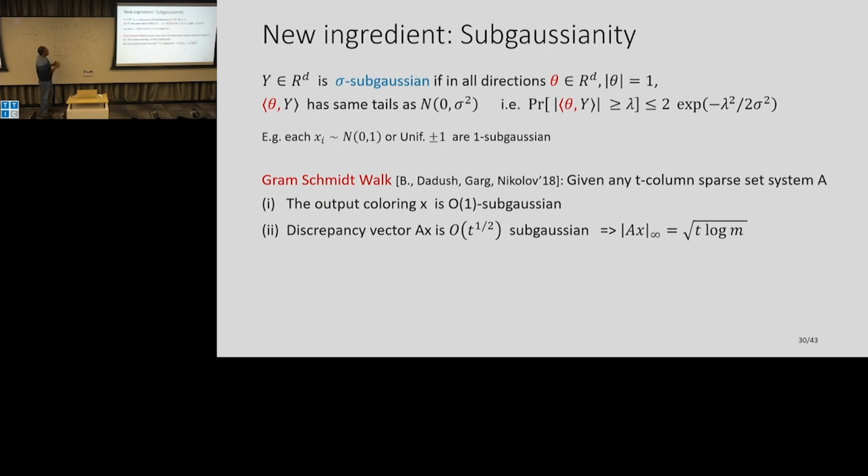It's kind of funny, because the dyadic thing that we saw was to turn a column sparse thing into a low discrepancy thing. But here you can get it while ensuring that your coloring is random-like, or subgaussian. And just to make sure, if you did a completely random coloring, you would get a square root n here instead of square root t. So even though it looks random, you are still able to get low discrepancy. And not just that, even the output discrepancy vector itself is going to be subgaussian. Right? So this will be like a1 dot x, a2.